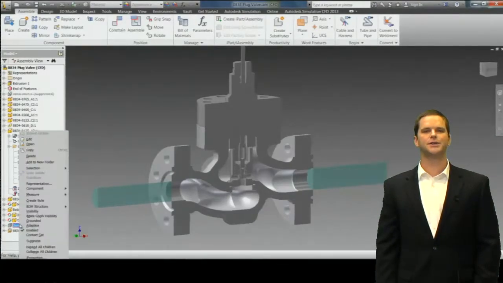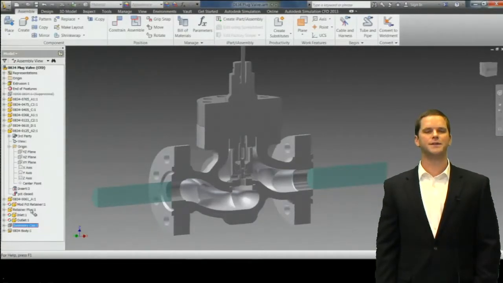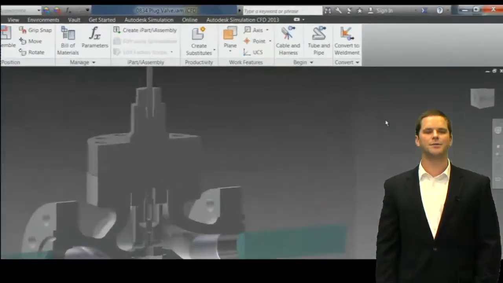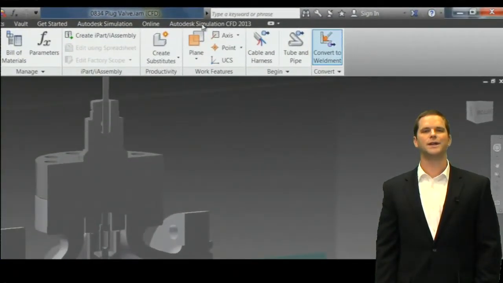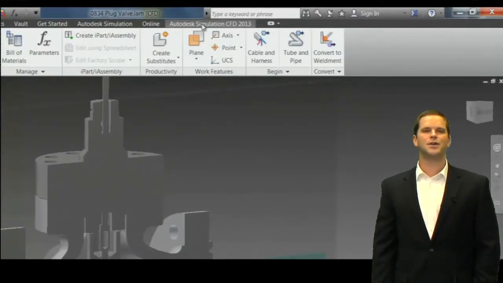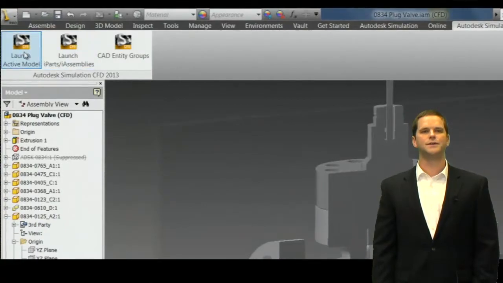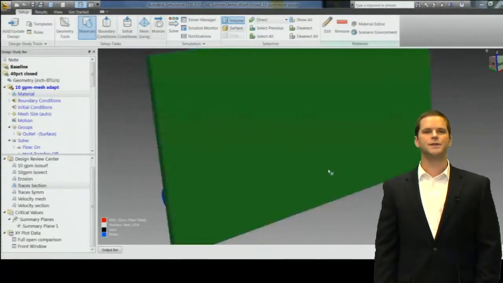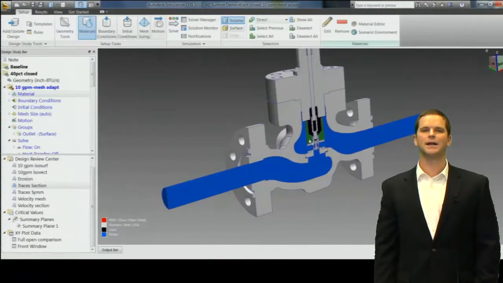So what we'll do is we'll actually run just half of the valve. So this is a symmetric model. We've cut this in half, and in order to have simulation CFD generate a flow volume, we'll put a cap on the front face of this. So now we'll activate the CFD ribbon, and then we'll launch this model, use the native CAD connection into simulation CFD for the analysis. So what we'll see is once we're in CFD, we'll hide that cap part, and now